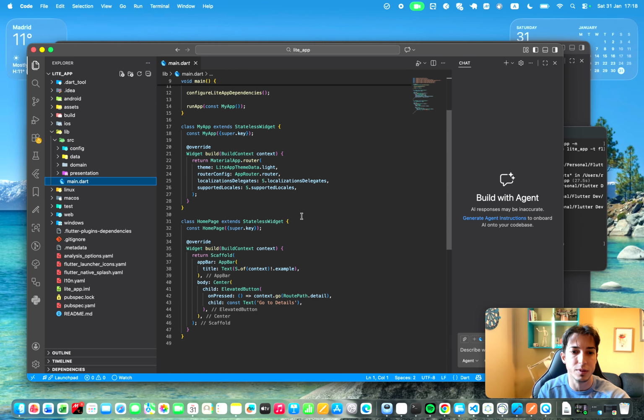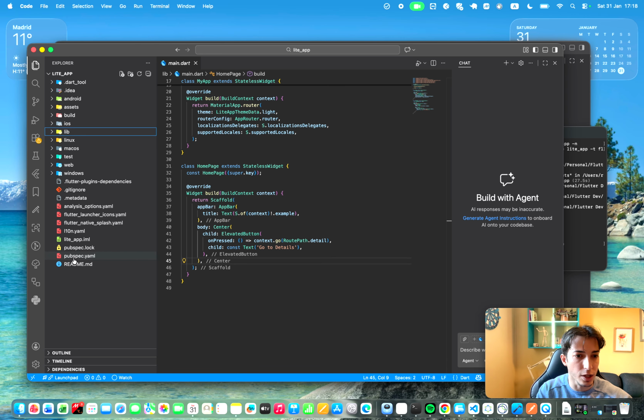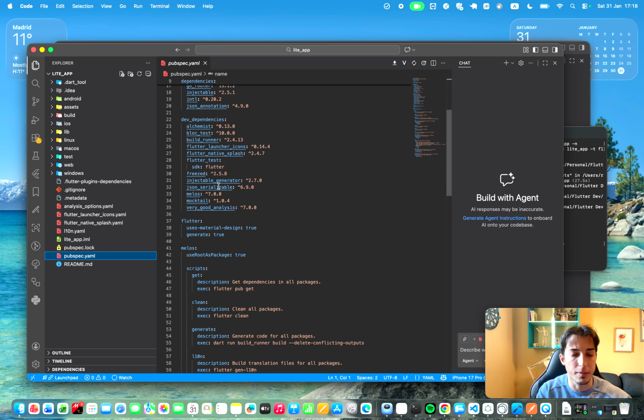And in the main app, the only example that we have is just a simple page with the app bar, and then we have an elevated button centered, with this text, which is just to go to details, and we are going to the detail route, which is a different page. And yeah, that's it, right? What else? We also have the BLoC